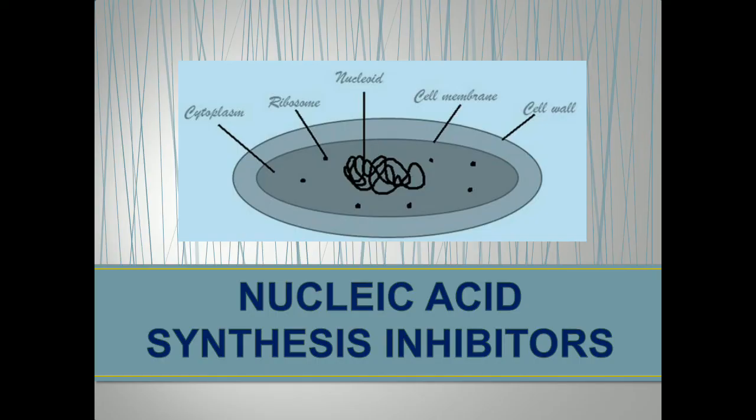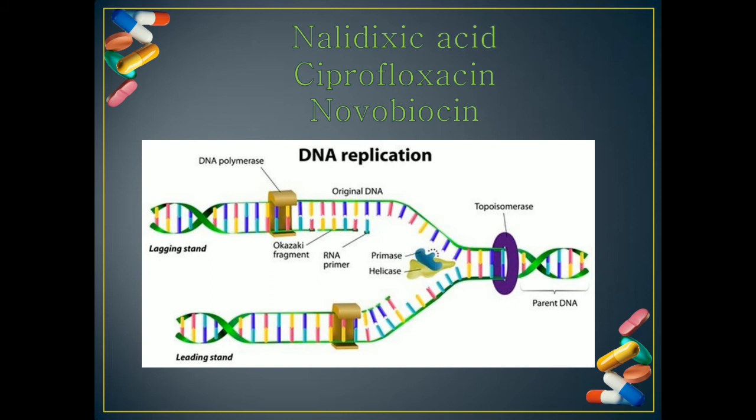Moving on to the fourth group of antibiotics based on their mode of action, we have nucleic acid synthesis inhibitors. Now inside the cell, we have two nucleic acids. It could be either DNA, deoxyribonucleic acid, or RNA, ribonucleic acid. And their synthesis mechanisms are different. So let us see what the synthesis mechanisms are. For DNA replication or DNA synthesis, there are several steps and several enzymes involved. Many molecules are involved. So the antibiotics can attack any of these enzymes or molecules.